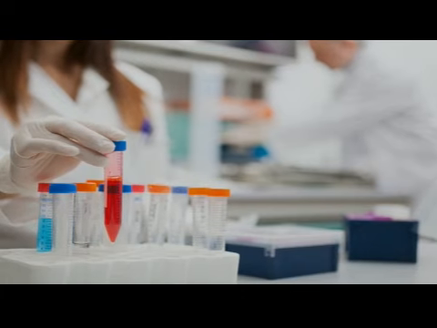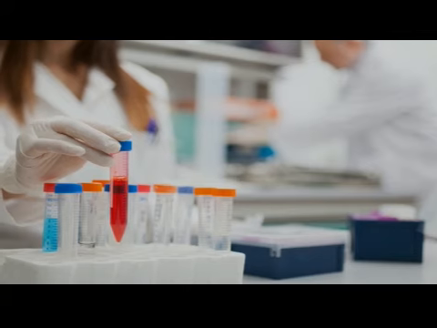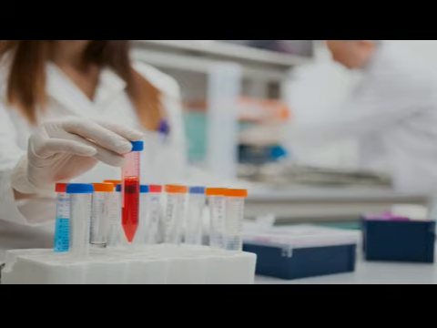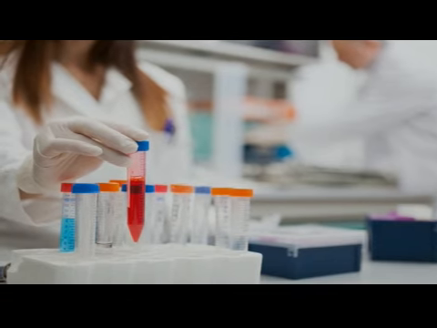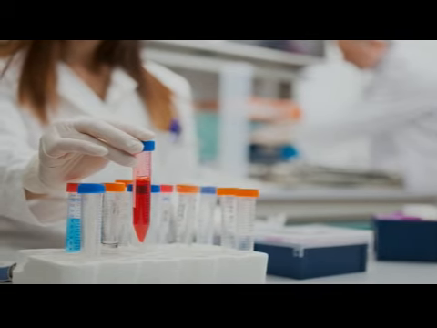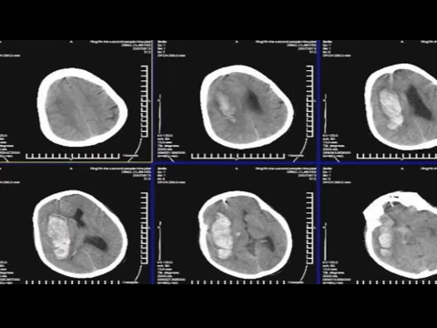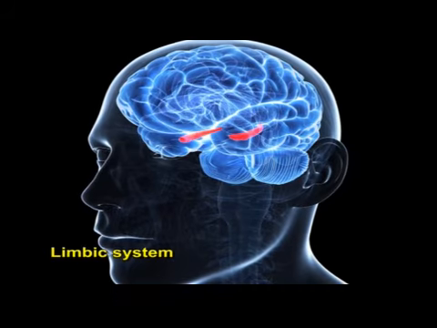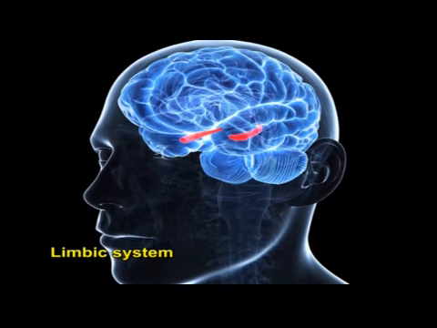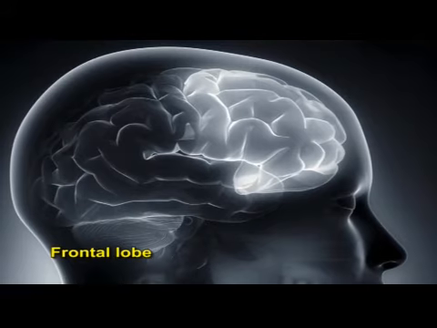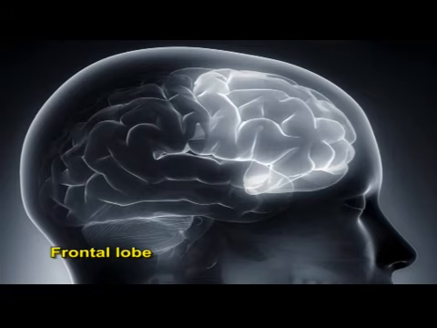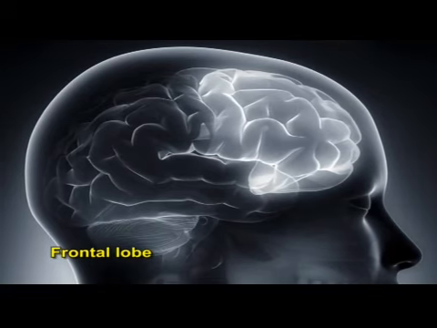What are the causes of impulse control disorders? Scientists don't know what the causes are exactly, but many things probably play a role, including physical or biological, psychological or emotional, and even cultural or societal factors. Scientists do suspect that certain brain structures, including the limbic system, which is linked to emotions and aggression and memory functions, and the frontal lobe, the part of the brain's cortex, which is linked to planning functions and controlling impulses,